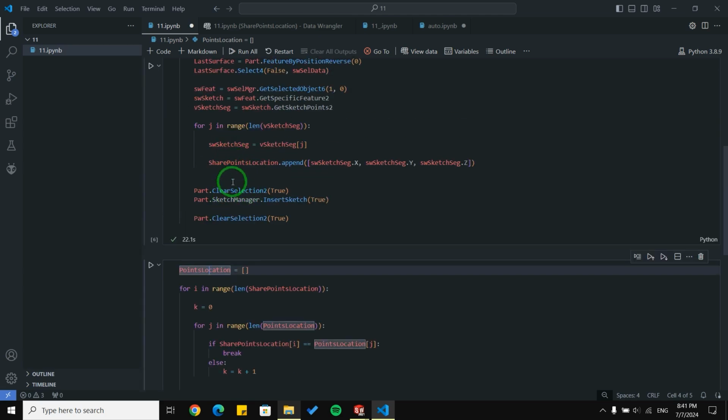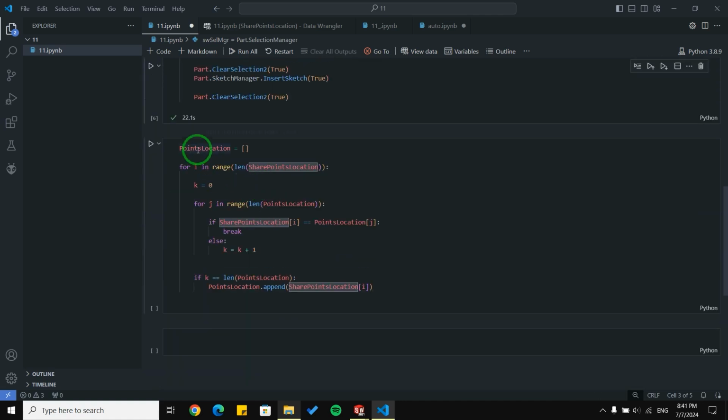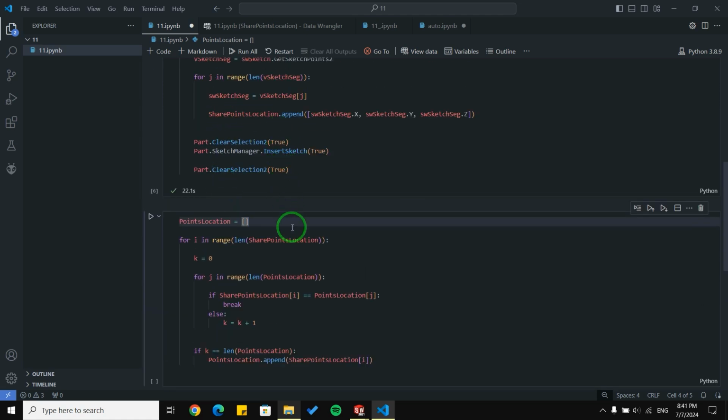One of them is SharePoint location, and the other one is point location. So we go through each of the elements in SharePoint location and we compare it to all of the elements in point location. If it is not there in point location, we are going to append it to the point location.